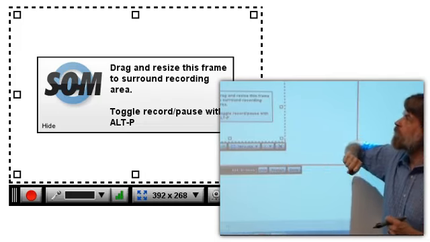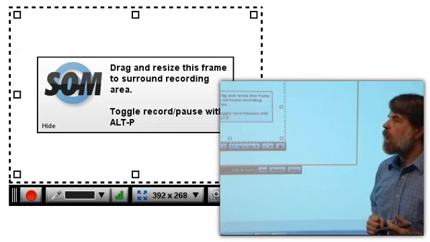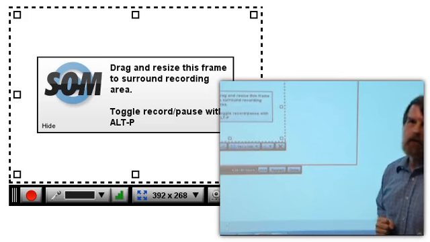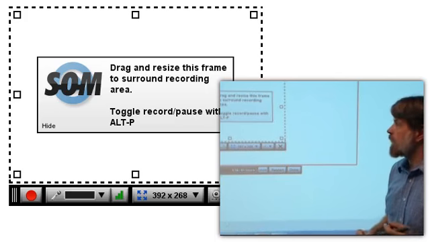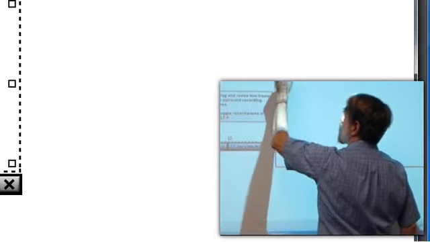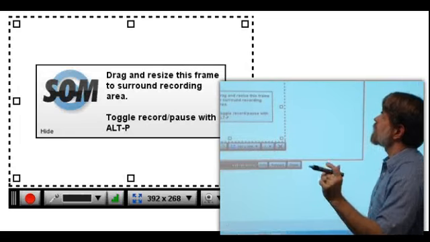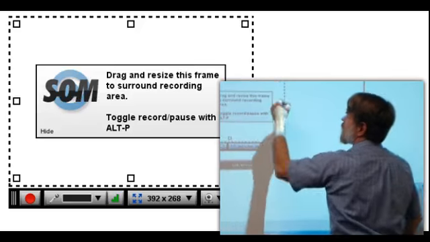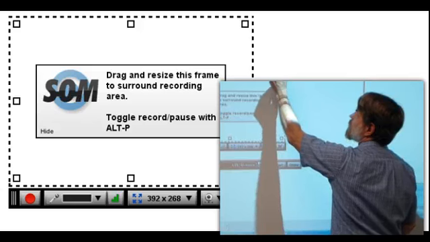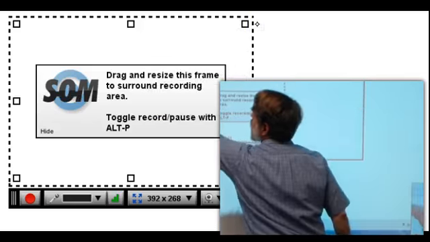This is an example of that frame. Now here I'm using a picture of the frame because none of the controls of the frame show up when the actual Screencast-O-Matic recording is being done. First of all, there is the frame here, dotted line with these little white boxes. Everything within this frame